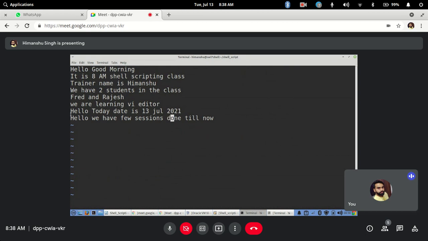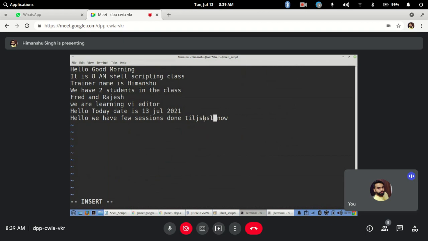Now let's say I want to enter something after this cursor, after the L in the sessions we have done till now. I press A. If I press A, see, my cursor goes to the next character. I will press the escape key again. Earlier I was pressing I, and my cursor was not moving next. Whatever I write will go before that particular character where the cursor was. Whereas when I press just simple A, it will go to the next.